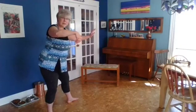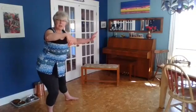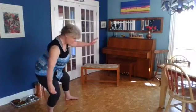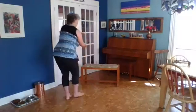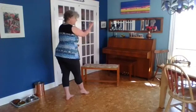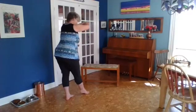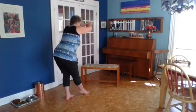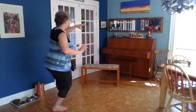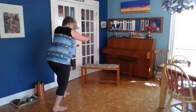So my right toe is facing right to the front now. And then as my weight goes into my right, my left heel can adjust, which allows me to drop a little bit lower. And as I go down on that right leg, I can sweep my hand through and pull myself up. And this is going to put the right foot out in front of you. The hand comes up and turns over. There's an extension of the back, lengthen, step back with the right foot to sink into it, step into the corner, reach out, sink back into the right,